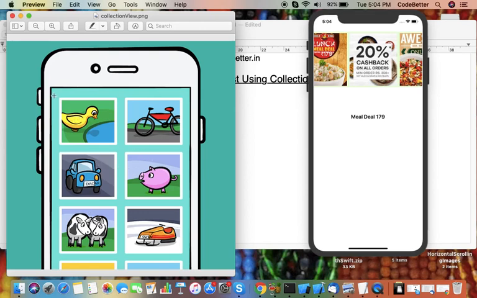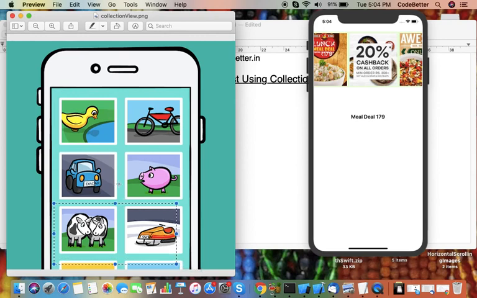Now these images can be grouped into sections. Let's say these 4 images are in section 1 and the remaining images are in another section. This way we can divide the images into sections. So a collection view is a collection of items, and items are grouped in sections.